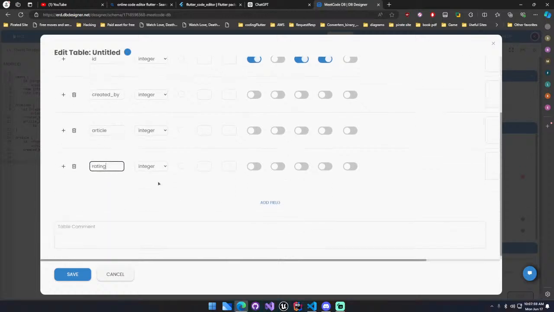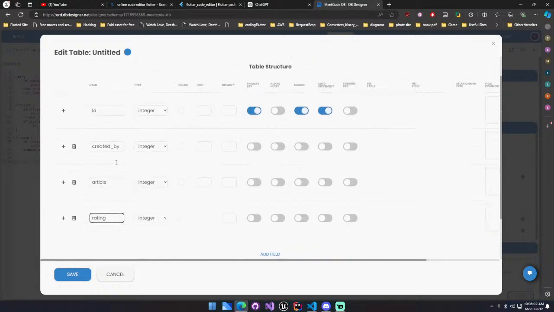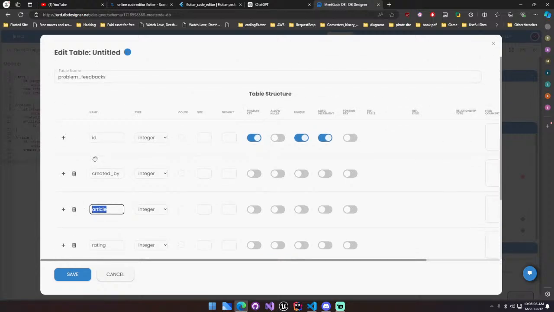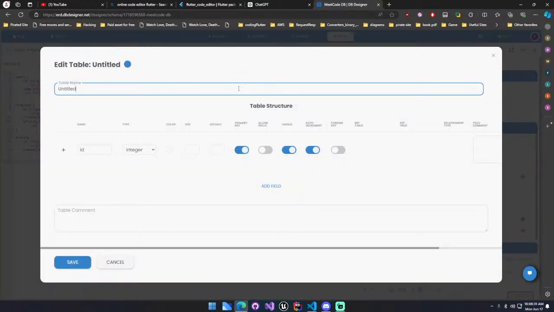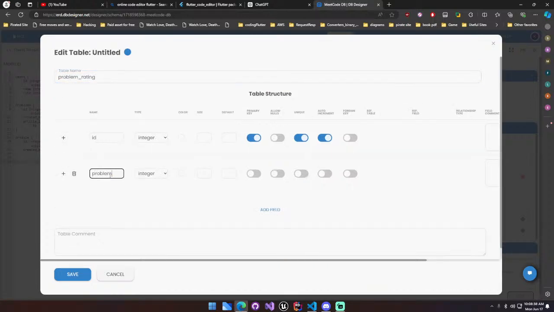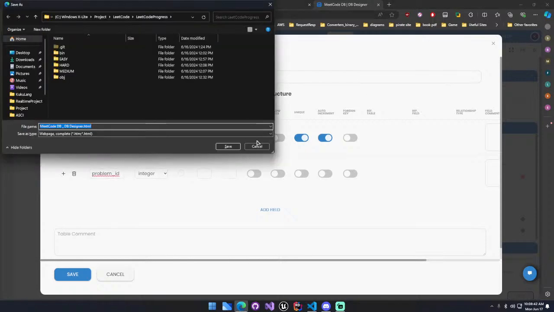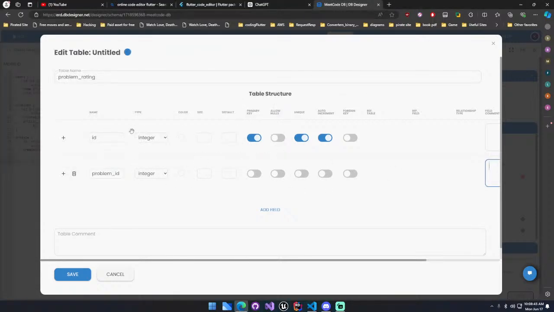So this is like how much the user rated the problem. You know what, let's keep rating and articles separate. This is going to be the feedback. Or maybe, you know what, forget feedback, we'll just call it rating. Problem rating is going to be the ID. This is going to be the problem ID. Problem ID means the ID of the problem to which this current feedback belongs to,